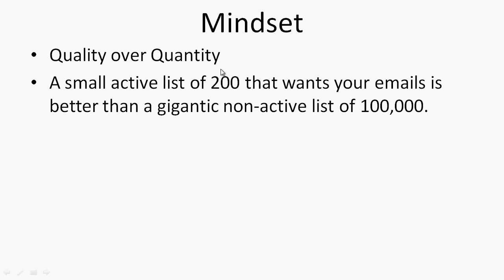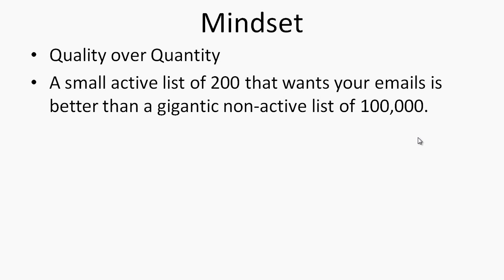I would take a list of 200 really super responsive active people that trust you and really like what you send them, versus a list of even 1,000,000. Because the list of 200 or even 500 can almost outrank a list of 100,000 or more, depending on how active it is. Now, there's no one size fits all, but if you understand that and you have that mindset,